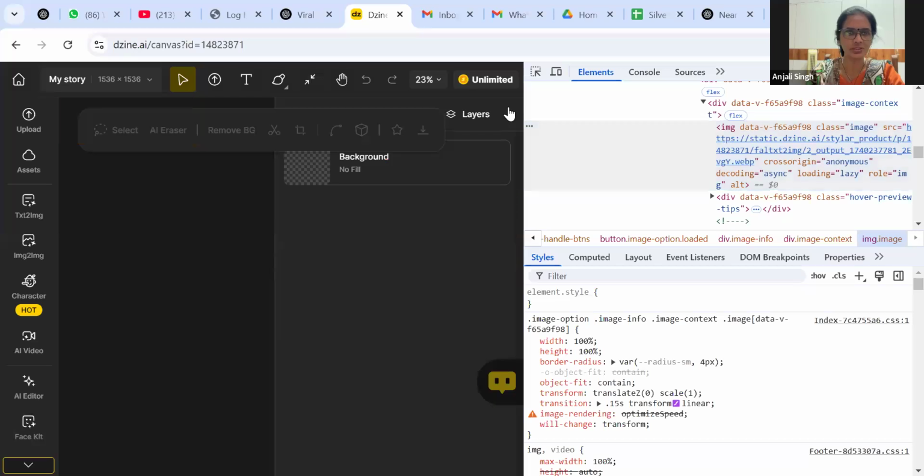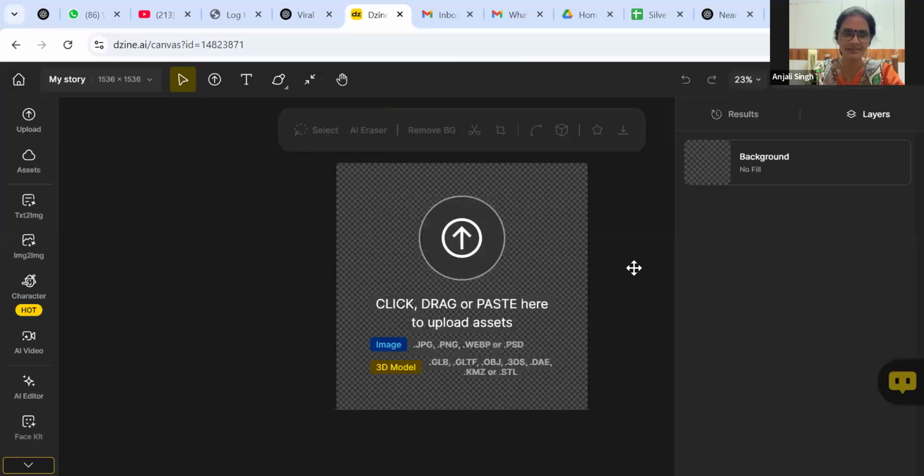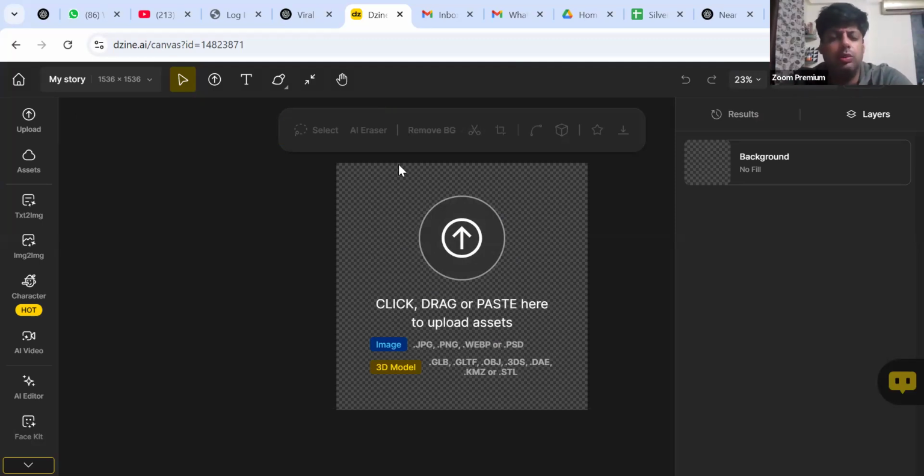Yes, it's a good technique. I was going through some Insta link for this design thing, so I got that technique. Good, good, good. Because I have used this technique for other purposes. Sometimes some glitch was there, so I removed that glitch from this method only, the inspect method. That's a good thing because that's basically the backend coding. So if you copy and paste that coding part, the exact same thing will come.